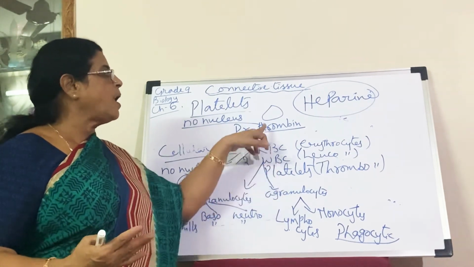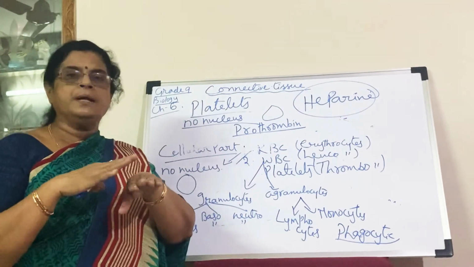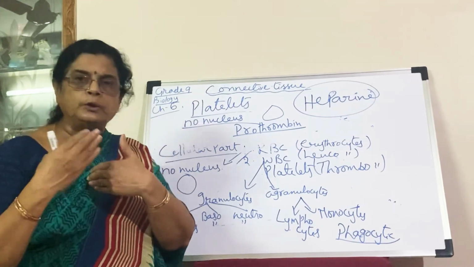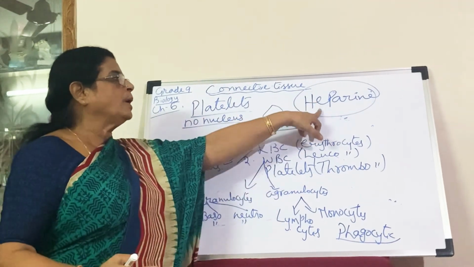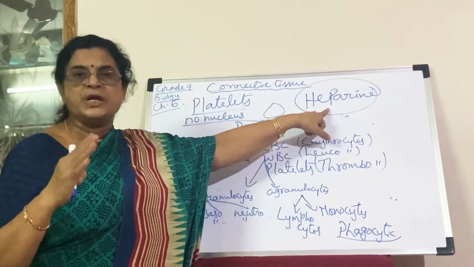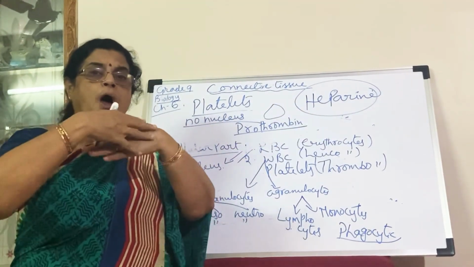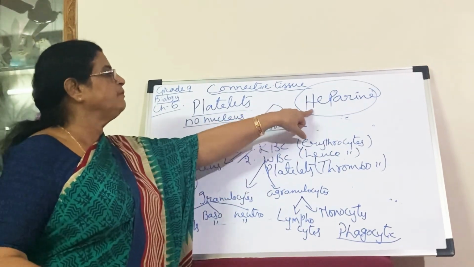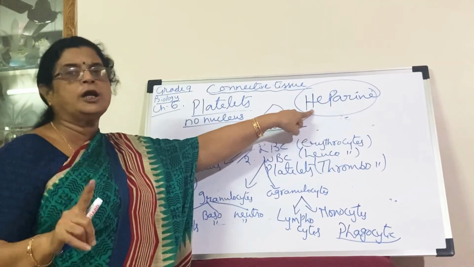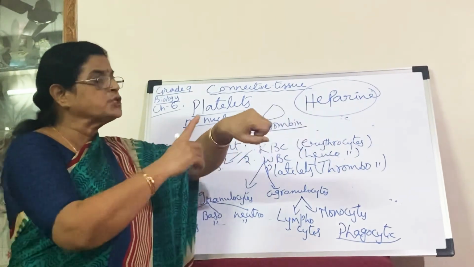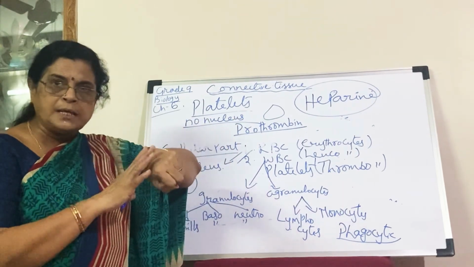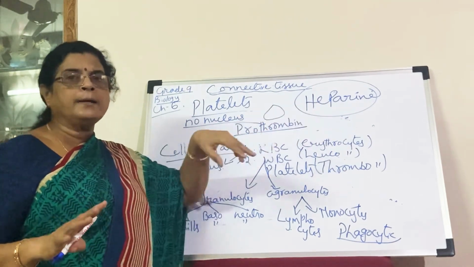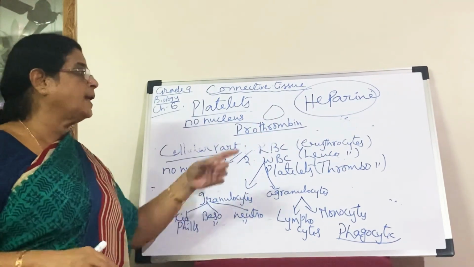Next one, platelets are helping for what? Clotting the blood, means they prevent the loss of the blood whenever the blood is coming out of the body, out of the blood vessels. Even blood contains one more component called heparin, which is not allowing the blood to clot inside the blood vessels. As long as the blood is flowing in the blood vessels, heparin will work and prevent the clotting inside. Internal clotting of the blood is very dangerous. External clotting, we need it to prevent the loss, but internal clotting is very dangerous. Heparin will function there and prevent the clotting of the blood in the blood vessels.